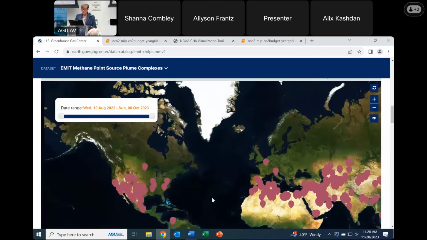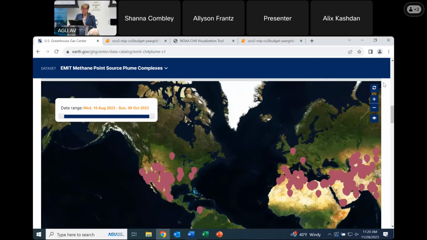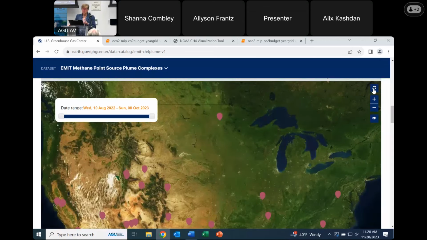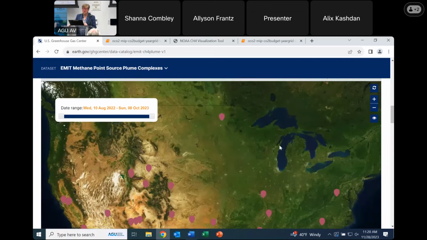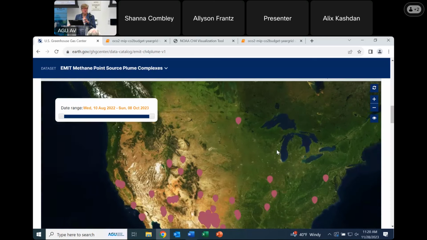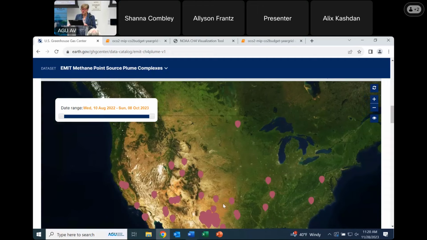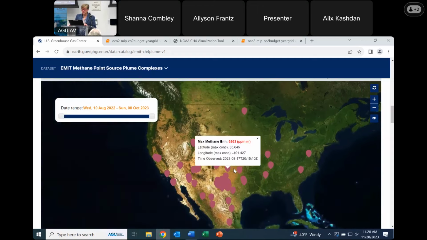Next, there's a nice little button here, which I haven't pointed out yet. This little circle with arrows is to reset, and it'll reset to the default. So if you're out in the globe and you want to come back to where we were, it would reset to the US. So that's kind of handy. And what we're going to do here is pop into the Permian Basin area where you see this big blob of